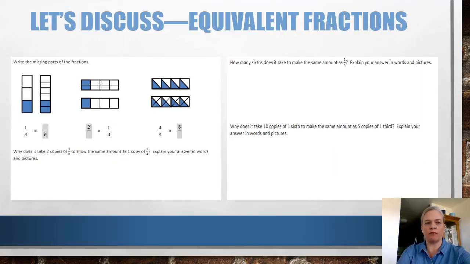Okay, on this page, we're going to go ahead and fill in the missing parts of the fractions. You can see that we have pairs of figures that are, again, equivalent to each other. So they are the same size and same shape. Then this first one, we have